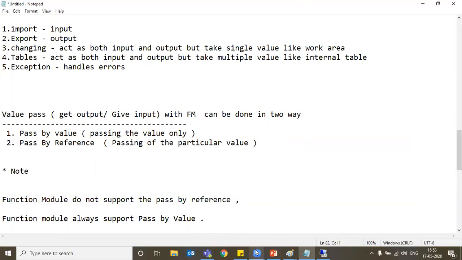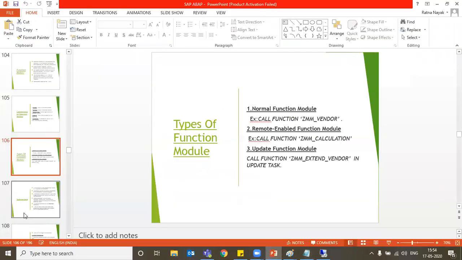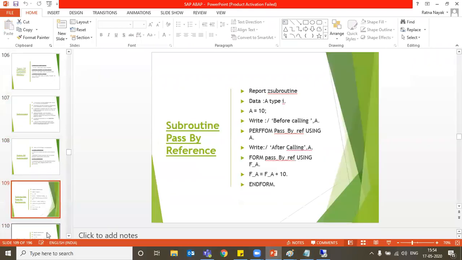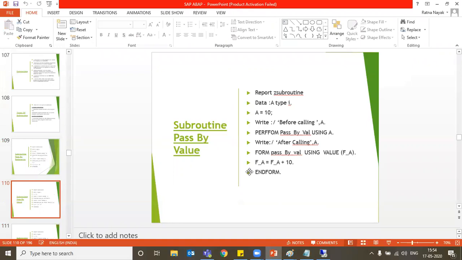Okay. So there is a concept in subroutine. We will study this when we go to subroutine. There is a pass by reference. Before this function module, I must teach you subroutine. I made a mistake: first I taught you this function module. So once you go there, why will we go for that?